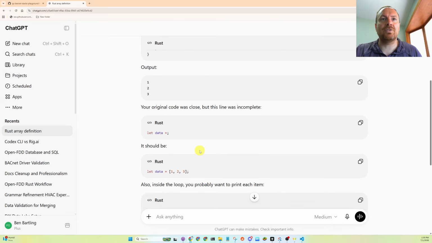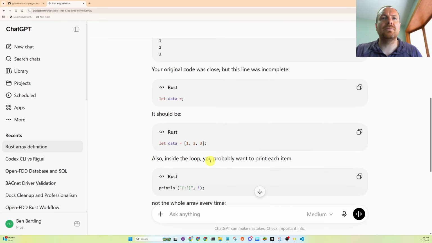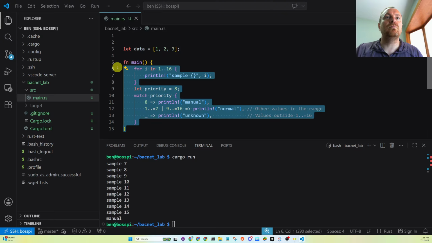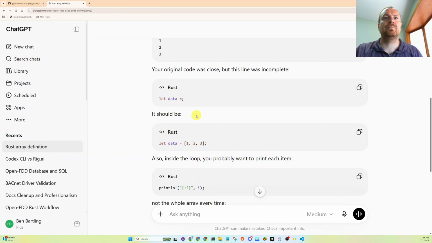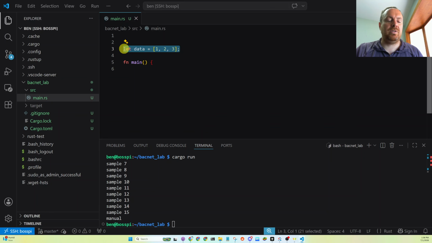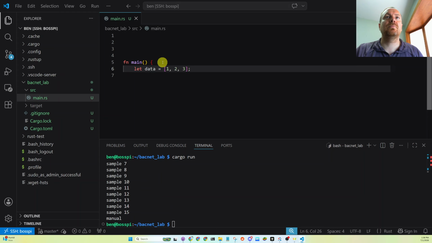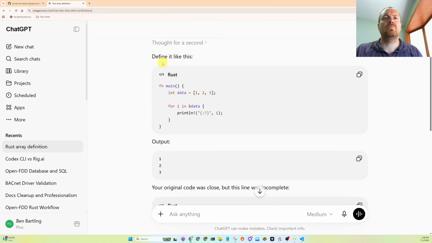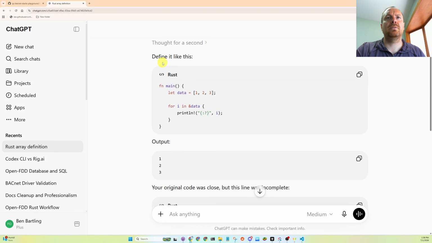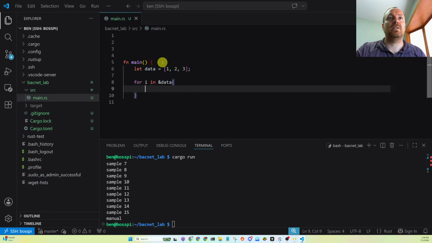I guess you just have to describe it as let. We'll put that inside of here. For I in data, the operand, curly brackets, print line,